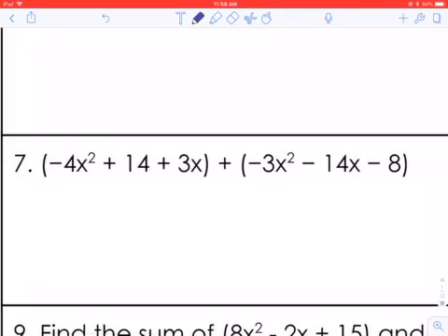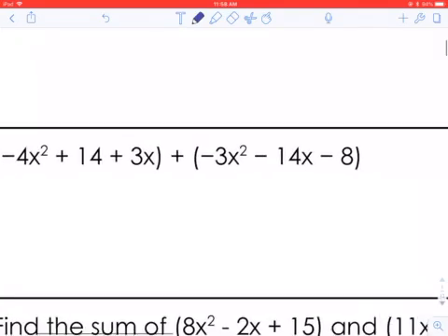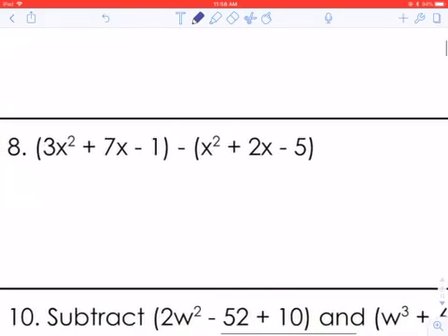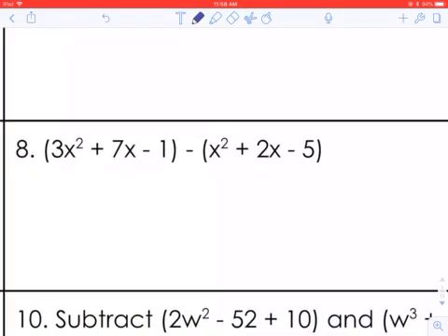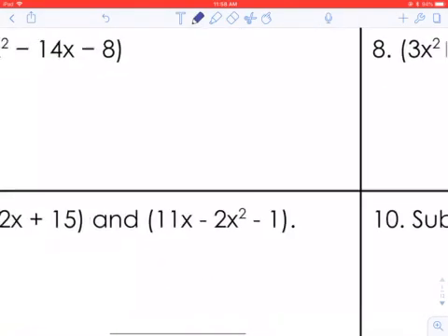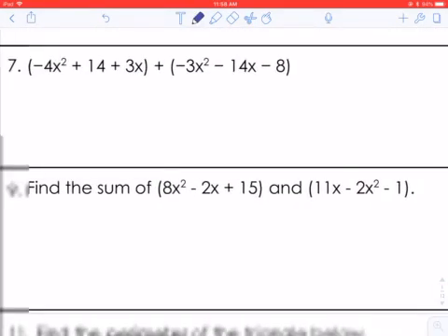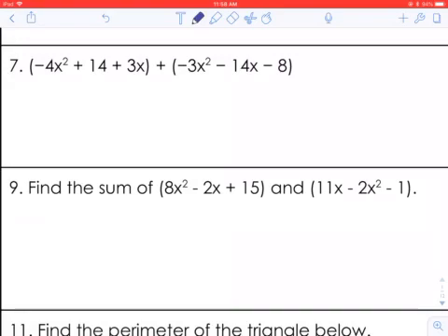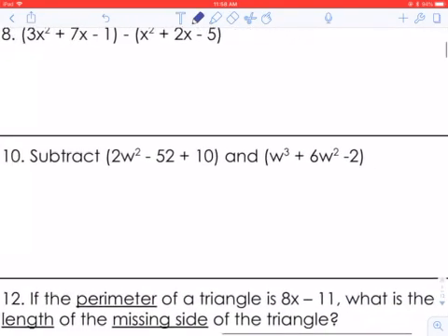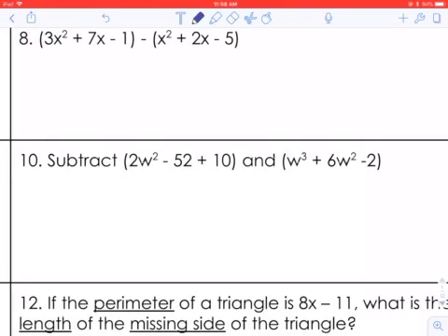Number 7, number 8, number 9, and remember sum means we're going to add those together. Number 10,